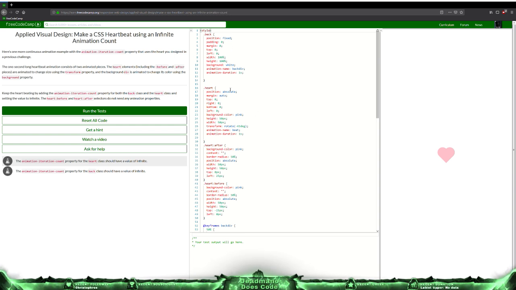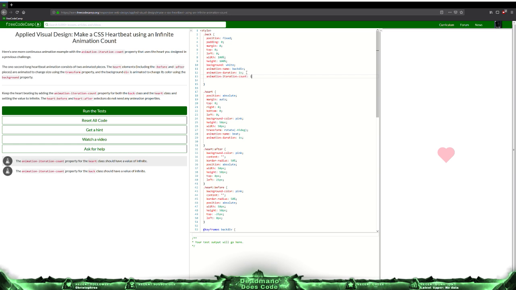Okay, so the back class needs animation iteration count infinite, and the heart